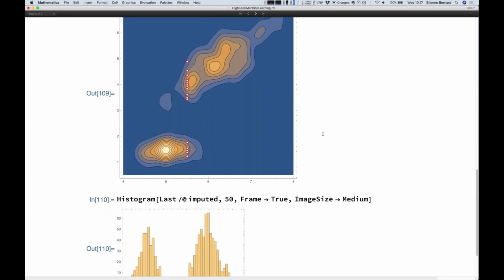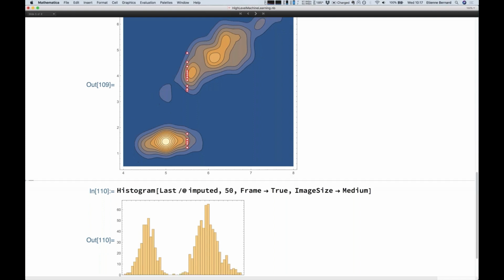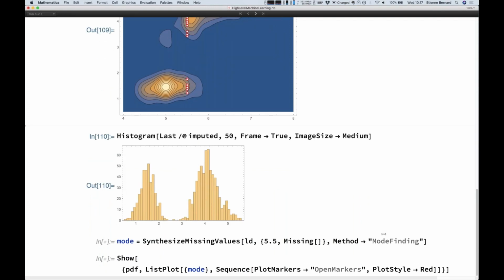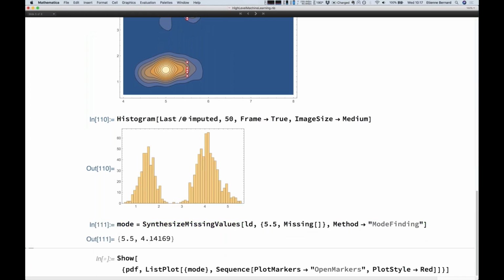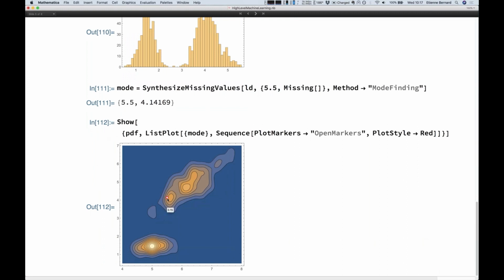And so yeah, this is really to show that it's a probabilistic imputation, which makes a lot of sense, and is very useful to know how much you can rely on your imputation, because typically you're going to impute missing values and then do some processing after, like training a model or whatever. And if you do it many times, with the sampling imputation, then when you look at the final result, you can compute the uncertainty on it and have an idea of how confident you are in this result. But you can still find the most likely value, and so apparently it's here. That's the mode of the conditioning. So it's really a line here.